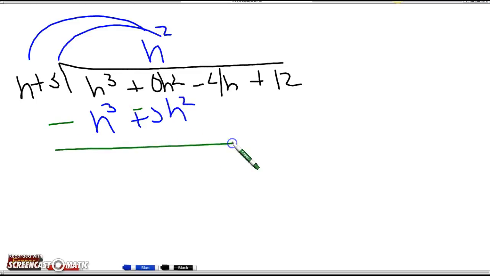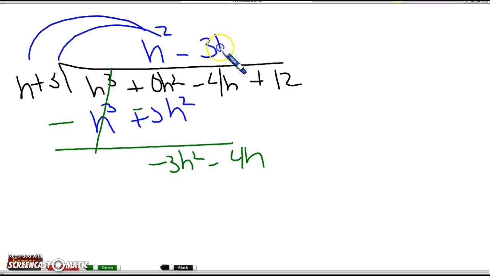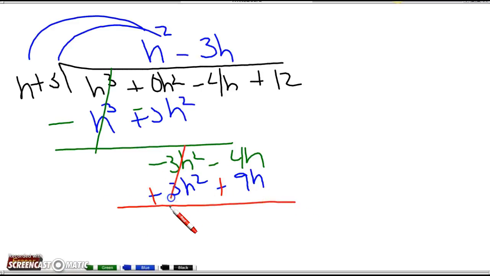Subtract. First terms cancel out. I'm left with negative 3h squared minus 4h. Now I'm going to multiply by negative 3h to give me negative 3h squared. So negative 3h times h is negative 3h squared. Negative 3h times 3 gives me negative 9h. I'm going to change my signs because I'm subtracting. That goes away. I'm left with 5h